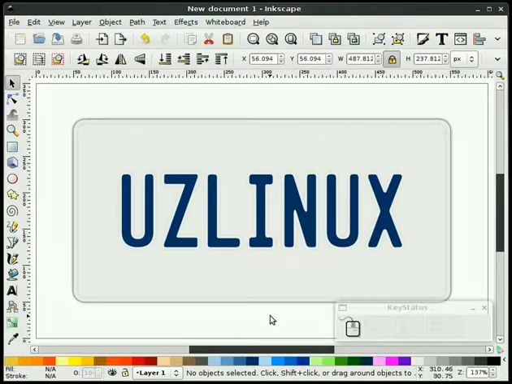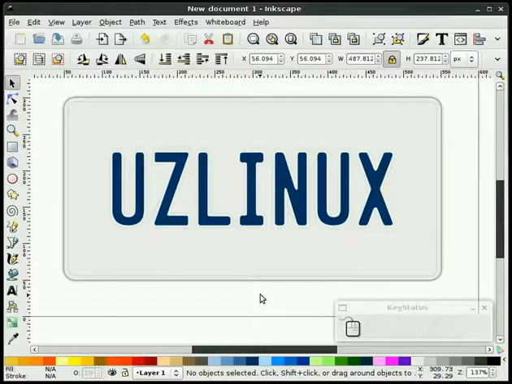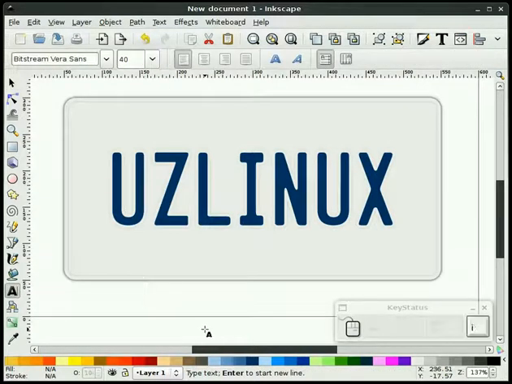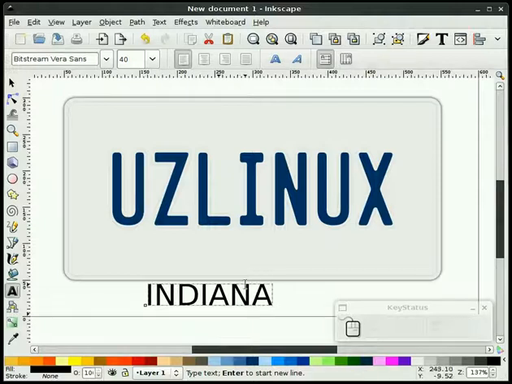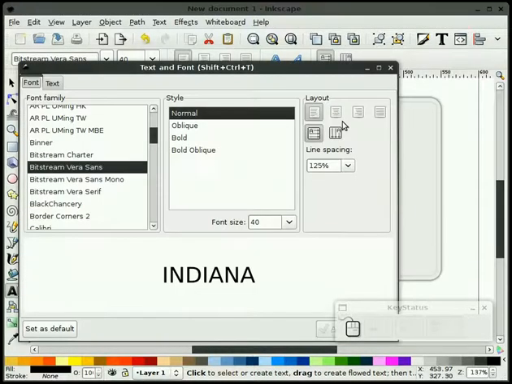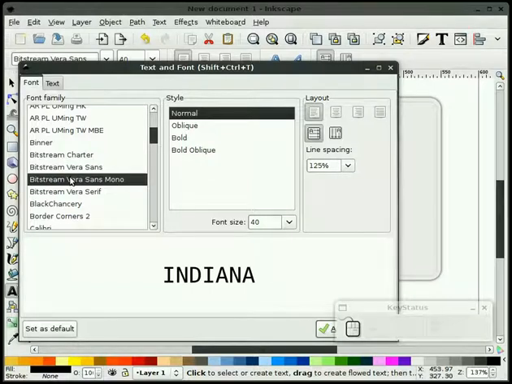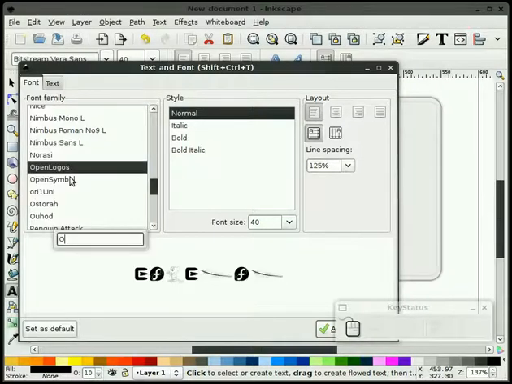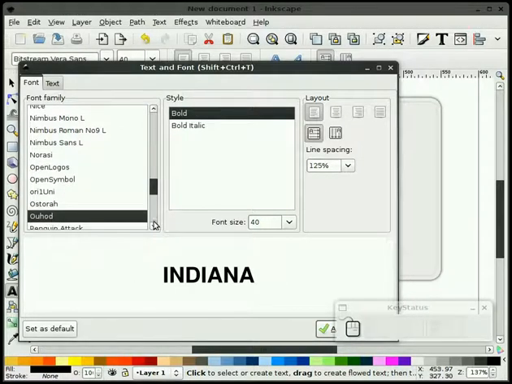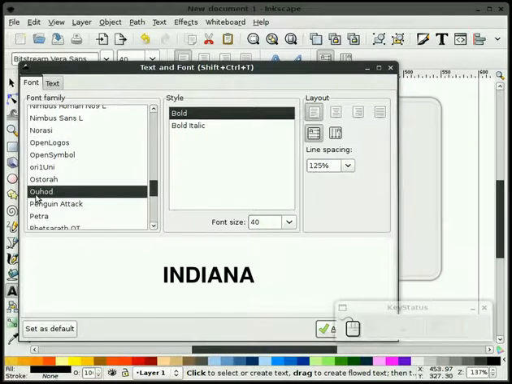All right. In keeping with a super simple license plate, the next thing I'm going to do is add my state up here. So I'll add some more text. And I'll select my text tool. And I think what I want to do on this particular one, I'm going to select, let's see, let's look for this one here. I'm not sure how you pronounce this font name. I'm not very good with pronunciations, but on a standard